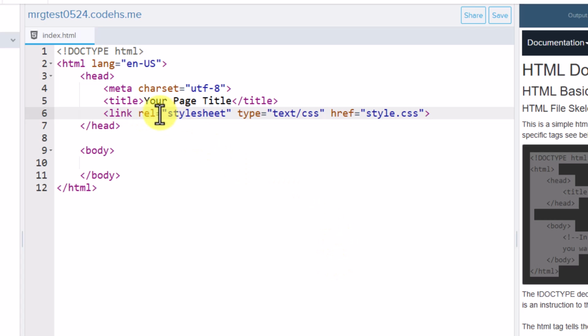So the relative link, or the relation, is to a style sheet, the type is text CSS, and the hyperlink reference is, now we have to make sure we name our style sheet this. Okay, we'll do that in a minute. Inside the body we need some semantic tags. So we should have a header,